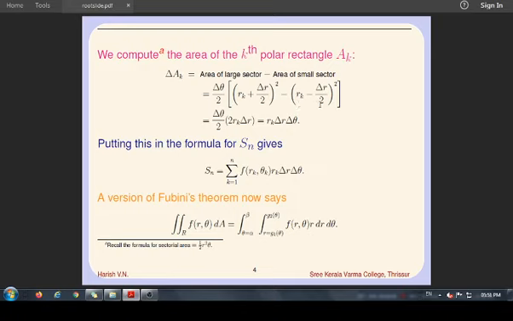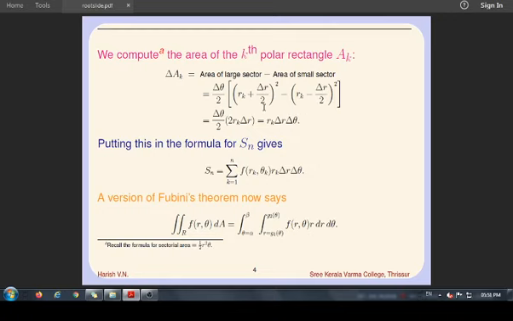Half and delta theta you can take out, so you will get this expression. You simplify: rk square minus rk square gets cancelled, then delta r square divided by 4, delta r square divided by 4, that also gets cancelled,